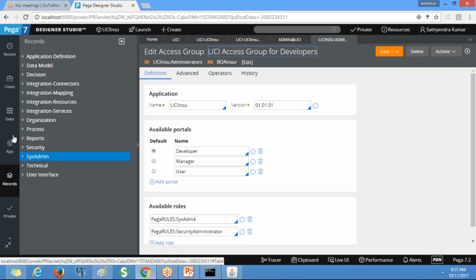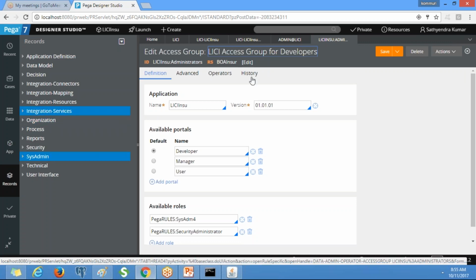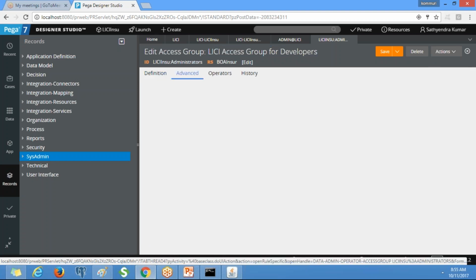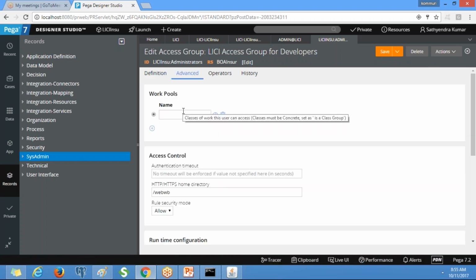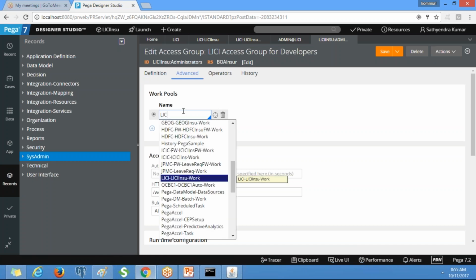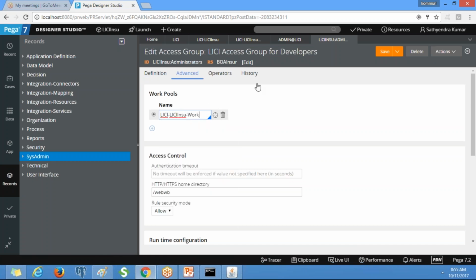You click on access group and search with LIC something. We need to define that class under the advanced tab. If we define that class here, this will become the work pool. A work pool is nothing but a collection of work types. We will understand that later. Now click on save.